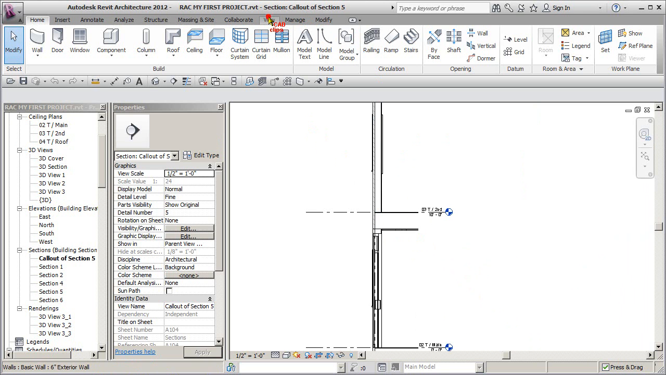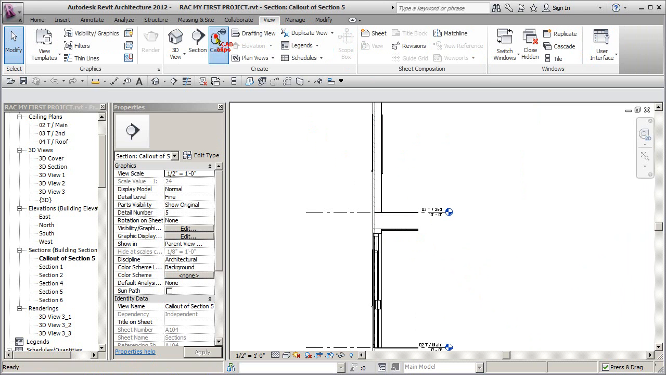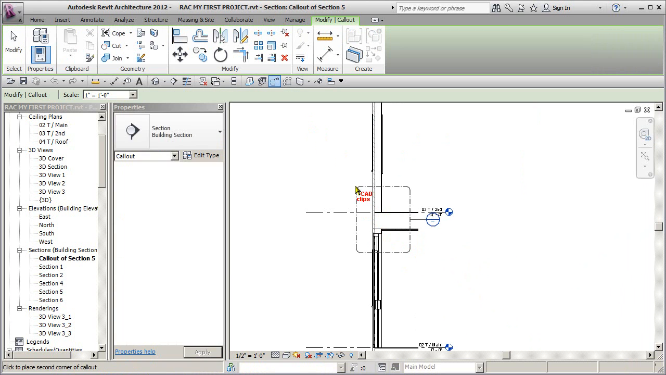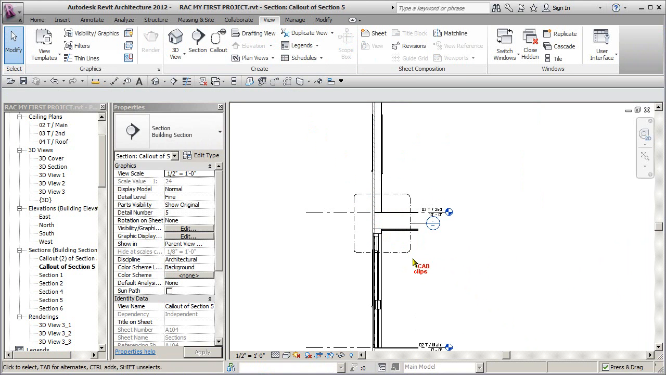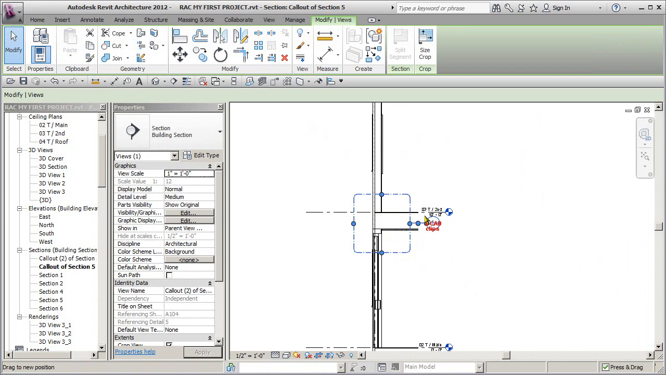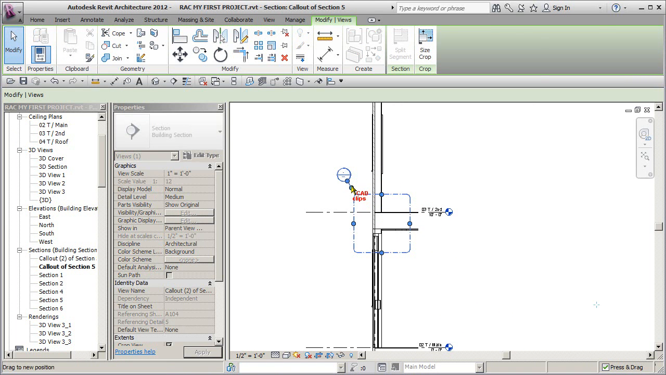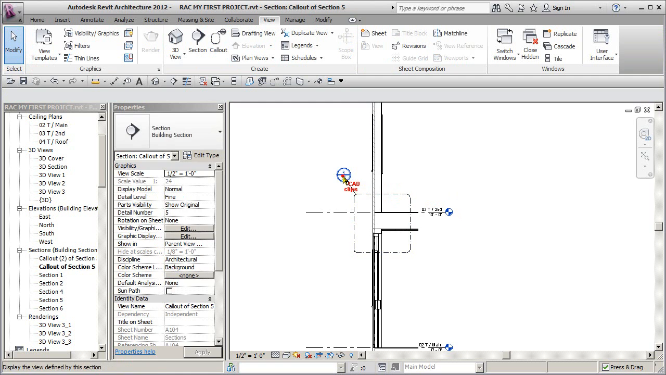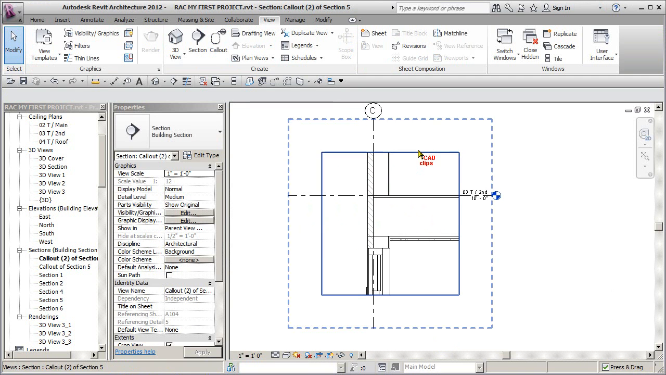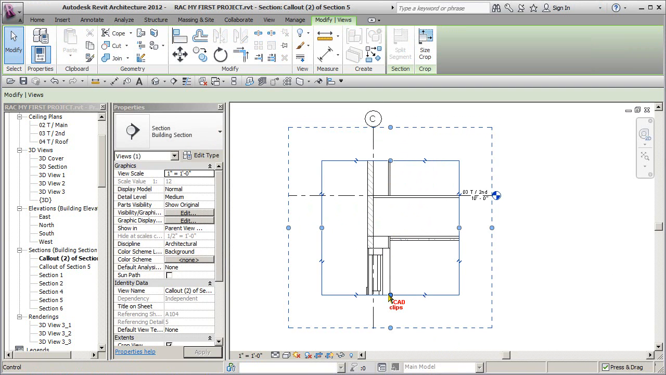So I'm going to go up to my View tab and then click my call out tool, click, click. Pick on here. I usually move my bubbles to the outside, and then you can bend this around, etc. if you want. So now I double click on there. Okay, so now once I get inside of here, we have